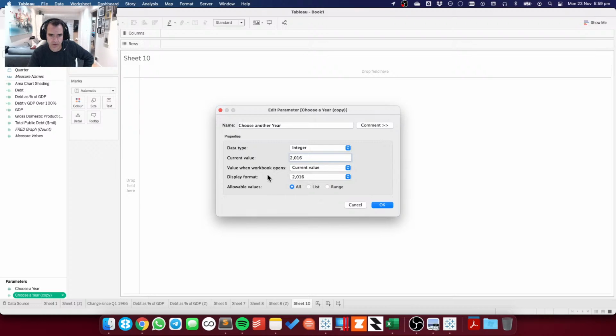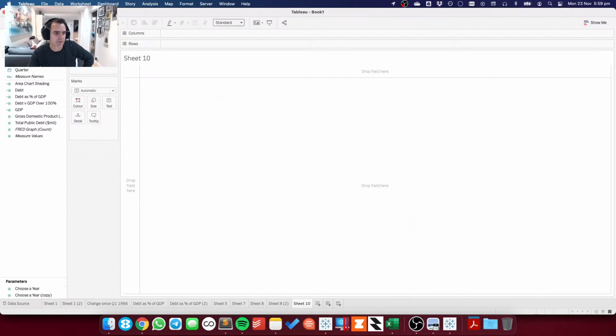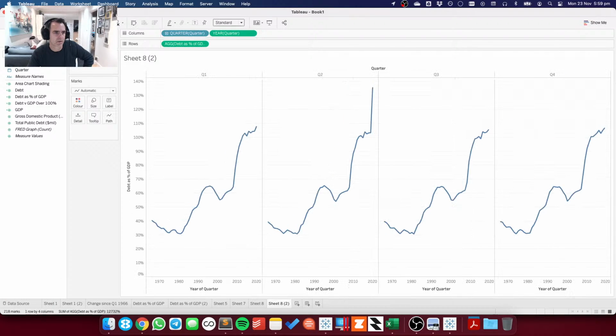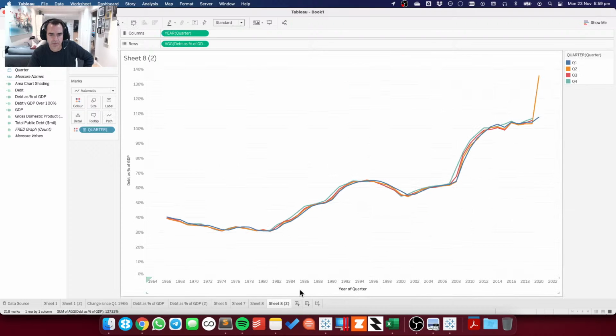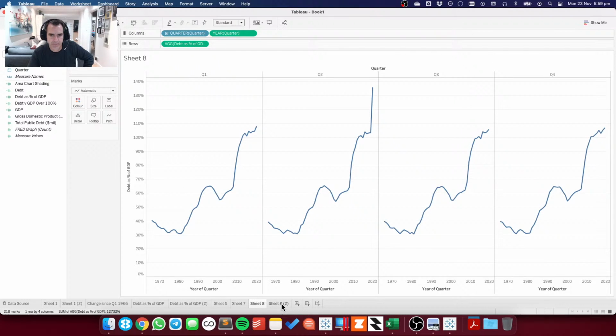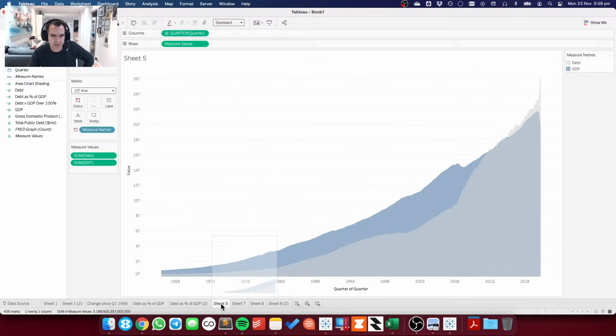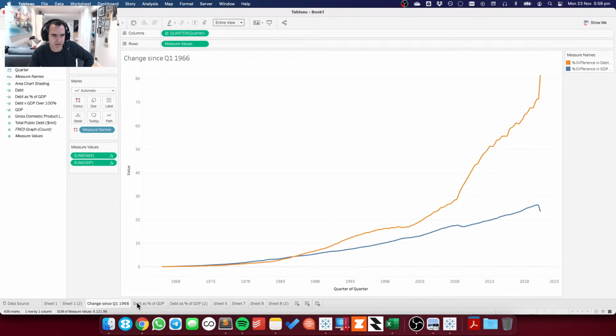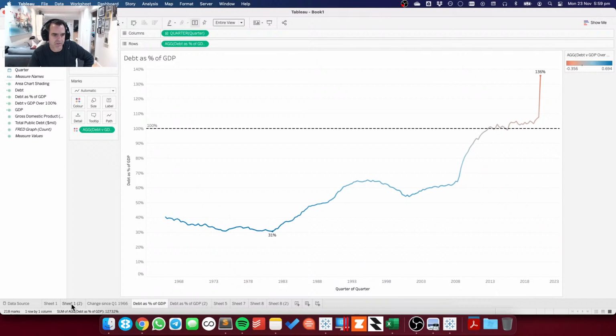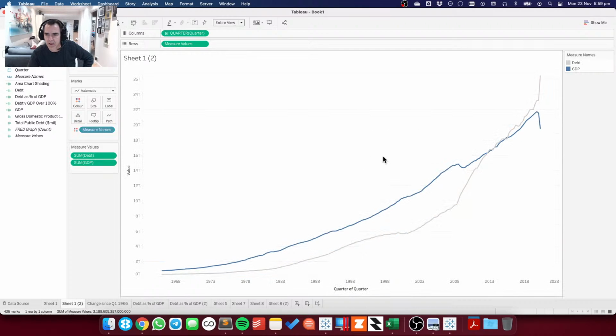So yeah, let's undo that twice. I was going to allow them to pick maybe 2 quarters to compare. So the idea I was thinking is if they have like a range of dates, let's say something like that, and they want to just compare the dates within that range. So let's say they want to just shade this section or something like that, but that's not going to look very good, so forget that.